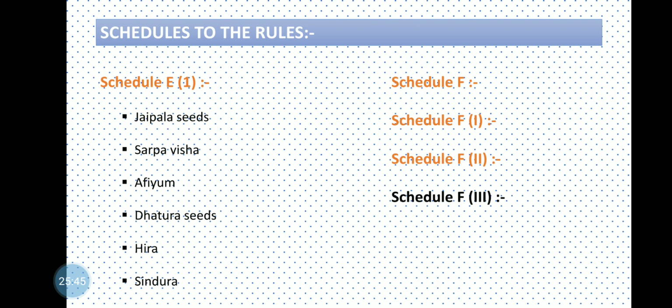Schedule F3, that is standards for umbilical tapes. Now what is umbilical tapes? In ancient times or till today, what was the procedure? If a person is having a severe wound, then the doctor has to carry out the stitches of that wound with the help of a thread, that is your sutures or ligatures.